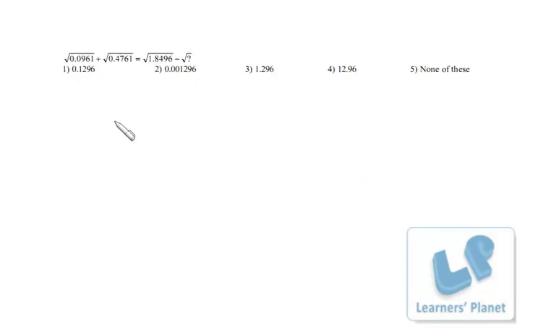Now see this problem. Square root of this and ultimately we have to solve this expression, and among the options you can see 1296, right? 1296 is the square of 36. So precisely the answer digits must be 36. Now we just have to find out where we have to put the decimal, right? So 0.0961, the square root of 961 is 31, right? Now I'm not going to tell you how to find out the square root, that you might have attended in the session, right? 961 square root is 31, so for 0.0961 the square root must be 0.31, plus 4761 square